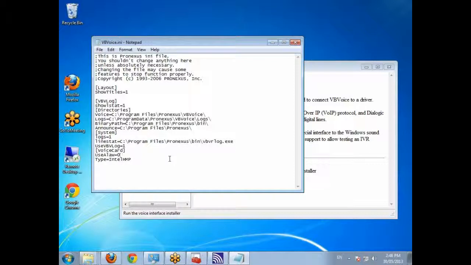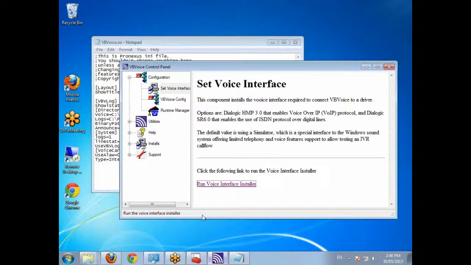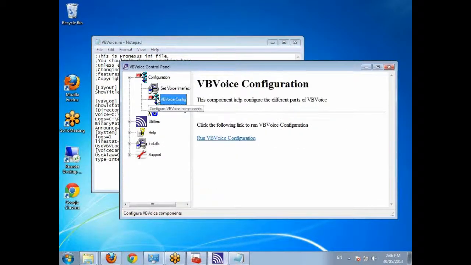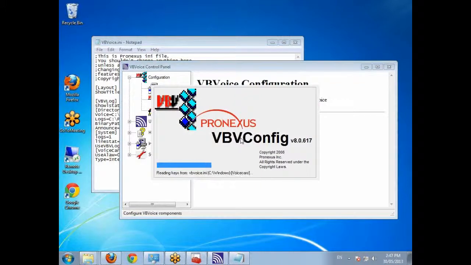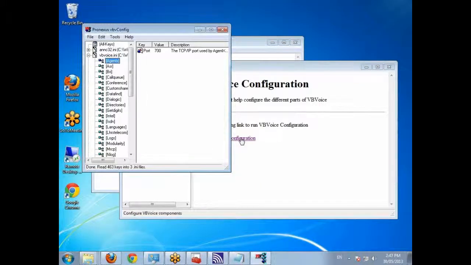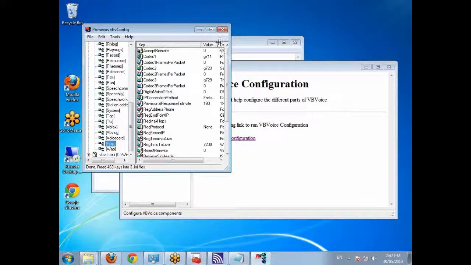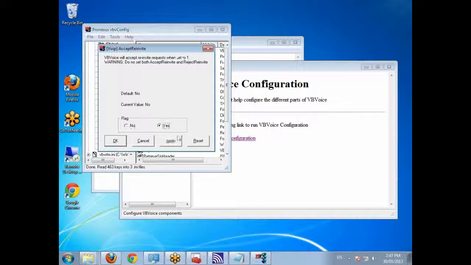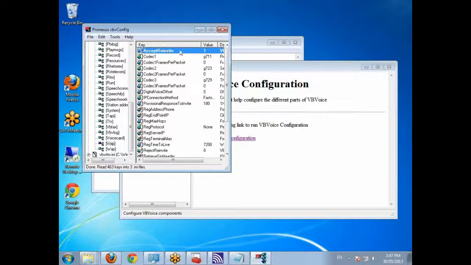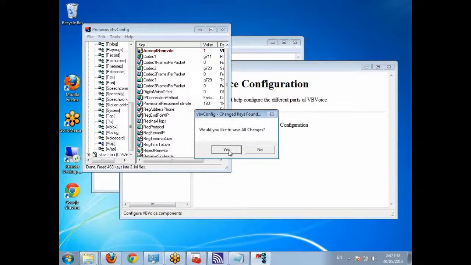Anything extra has been configured on the system. Once we configure something through VBVconfig, which is the utility to administer VBVoice, we get the changes in the VBVoice INI. So, for example, if I were looking at, say, accept reinvite in a voice over IP situation,